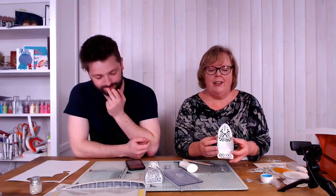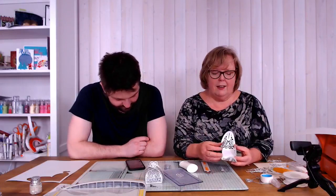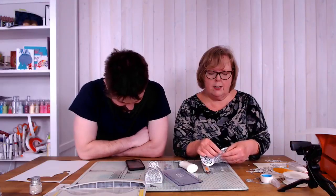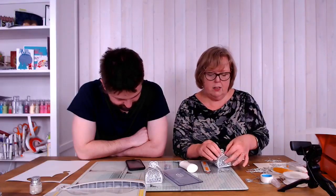Exactly. Okay, so I've used my bone folder. If you've got it as a subscription gift, then use it. And I've put a little bit of a curl into the sides of the box. And that gives it a little bit more shape. So then you just hold your 2 little hearts together and slide the others over the top. So it's not that fiddly. You just pop them over,